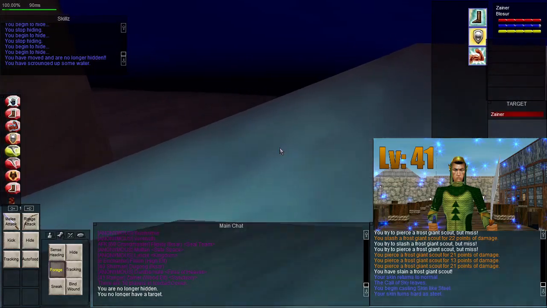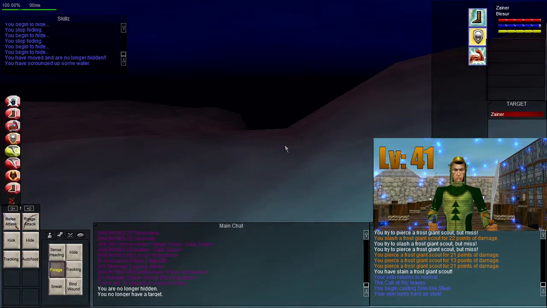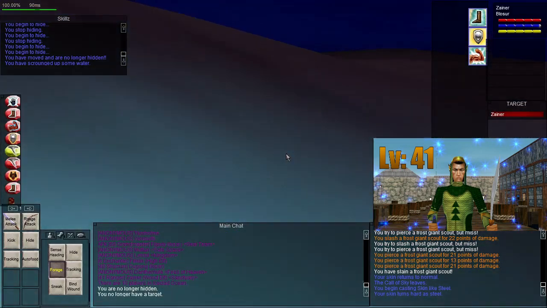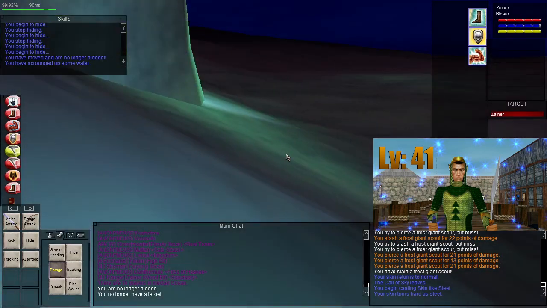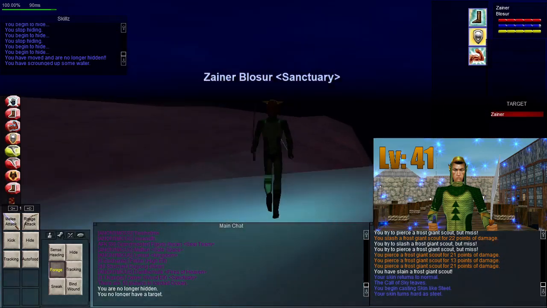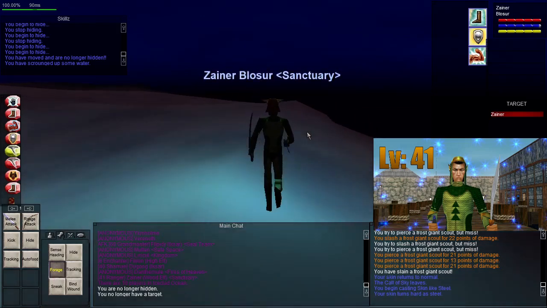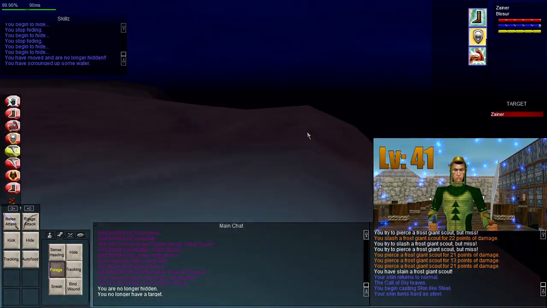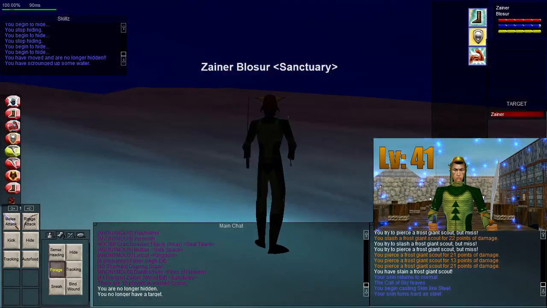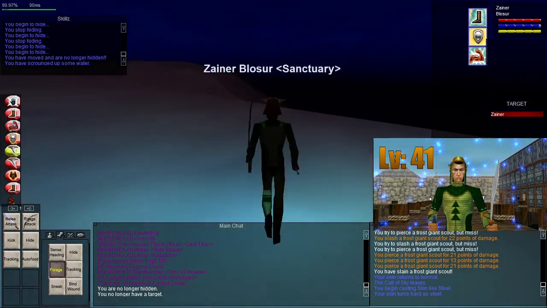Server population seems to be going up a little bit, and the result of that is things that I was trying to kill in Eastern Wastes are being killed by level 60s who are trying to farm them for the Coldain Ring quest, which I'll talk a little bit more about once I actually have all the items to complete the first part of the quest. And because everyone's on their level 60s, nobody wants to group with a little 41 Ranger. But I did notice that I'm pretty sure the XP is higher in Iceclad,